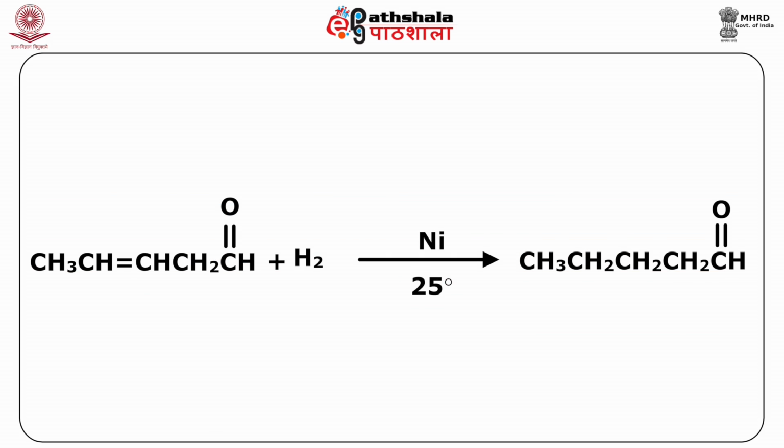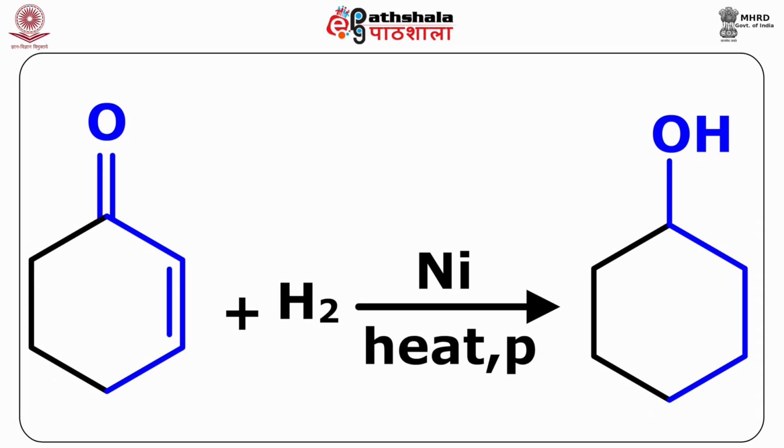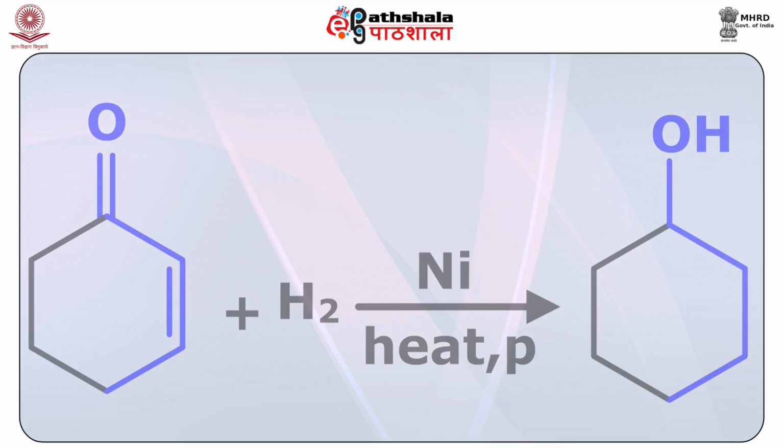Temperature conditions greatly affect the hydrogenation of various functional groups. At lower temperature, if two functional groups are present in the same molecule like the carbonyl and alkene double bond, only the alkene is reduced and the carbonyl remains unchanged. So, for example, you can see in this equation that starting with this aldehyde having a double bond also, the double bond gets reduced, but the aldehyde functional group is retained as such. But at higher temperature, both the alkene and carbonyl get reduced to alkane and alcohols respectively, as you can see in this particular equation.